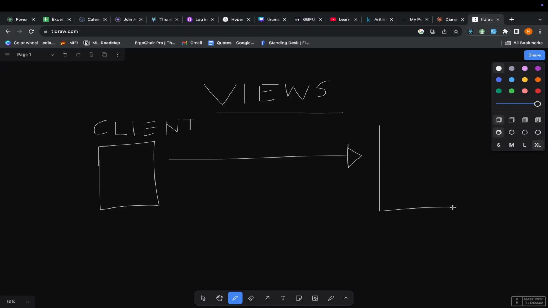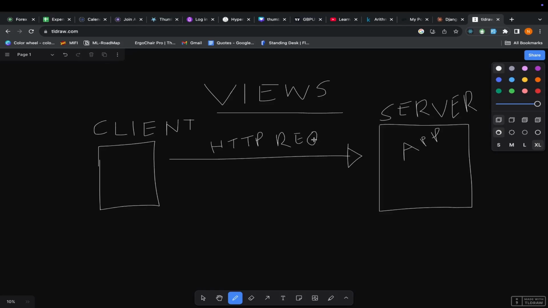Okay, and this Django app is probably running on a server somewhere on the internet. Okay, this could be, for example, on AWS or even just on your machine. Okay, and you have your Django app running on this server. This request is technically called an HTTP request. An HTTP request. And when your Django application processes this request successfully, in return, there is a response that